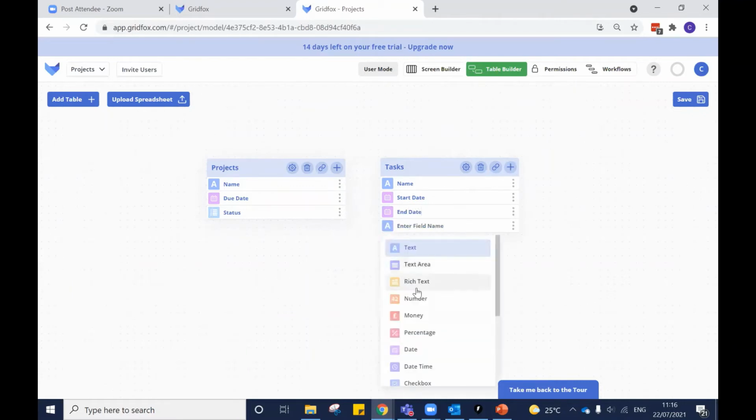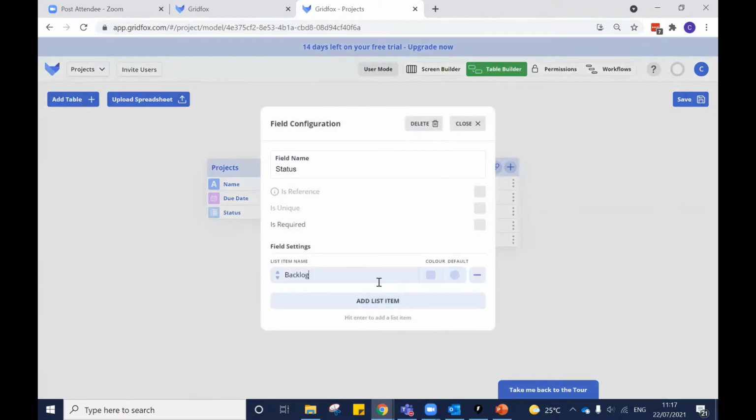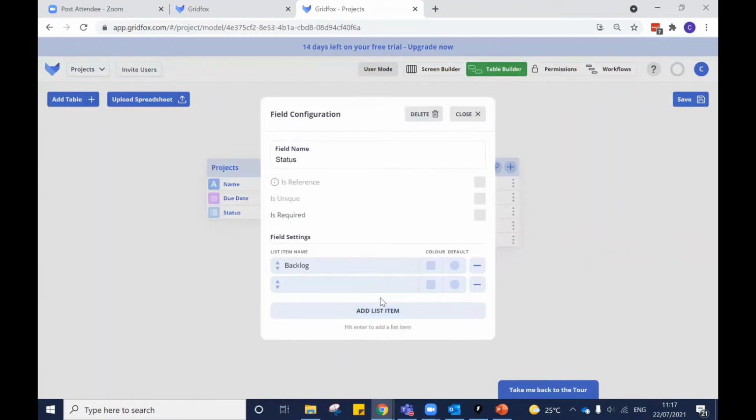Maybe I have a user field. So who is going to be responsible for this task? And maybe I've got a status again as well. So that can be status. And I'm going to probably replicate the others that I had in there in my projects because it's not going to be too dissimilar. In progress,